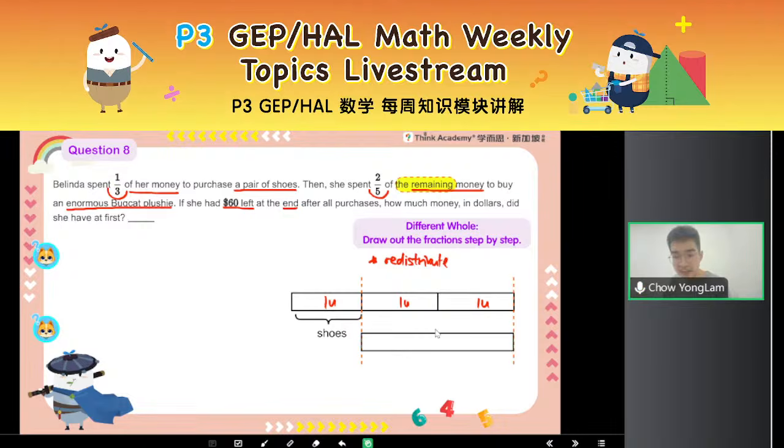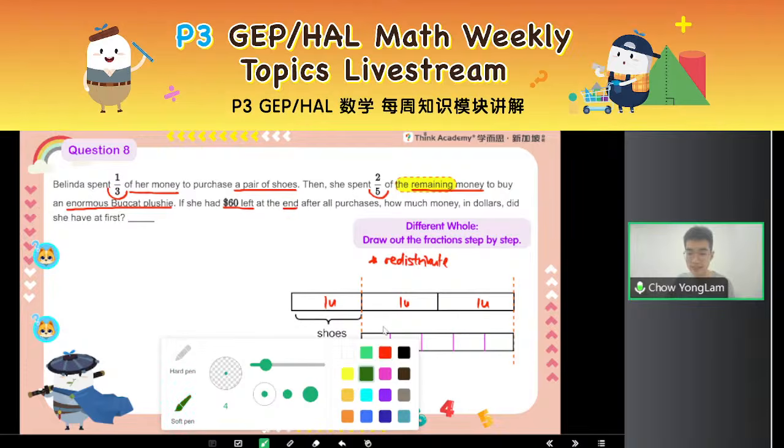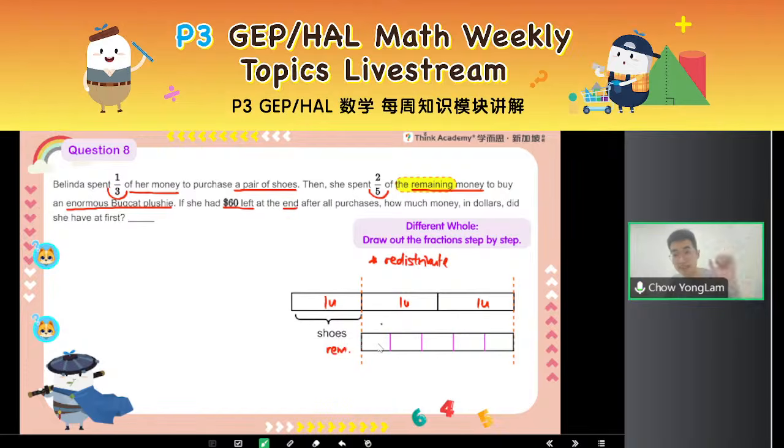So let's draw the whole thing again, right? Let's focus on this remaining part. This is the part that is remaining. And we want to spend 2/5 of the remaining to buy a plushie, right? So I will split it into 5 equal parts. You see, I'm combining the remaining parts and redistributing them, resplitting them, right? So this time, each part is a smaller unit. I'll give it another name. Maybe this is 1 part, P for part, 1 part, 1 part, 1 part, 1 part. And 2/5 of the remaining means I use 2 parts to buy the plushie, and the remaining 3 parts is just whatever is left, which is how